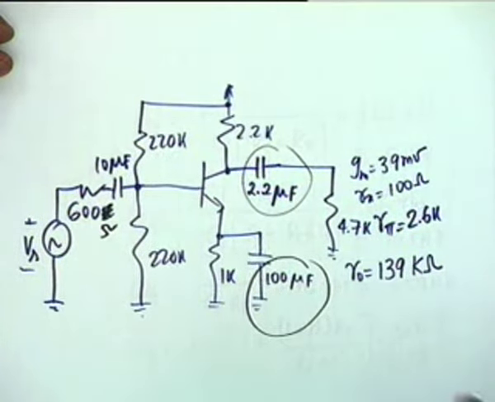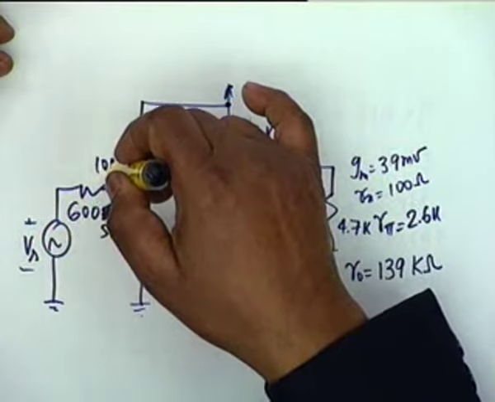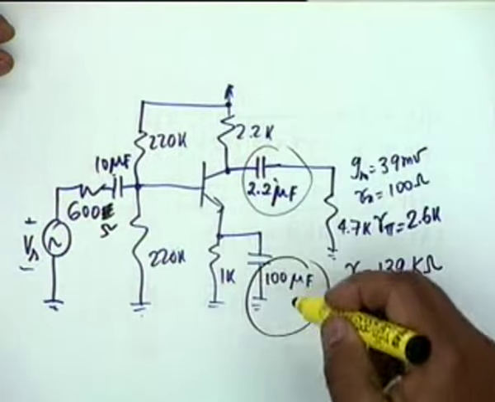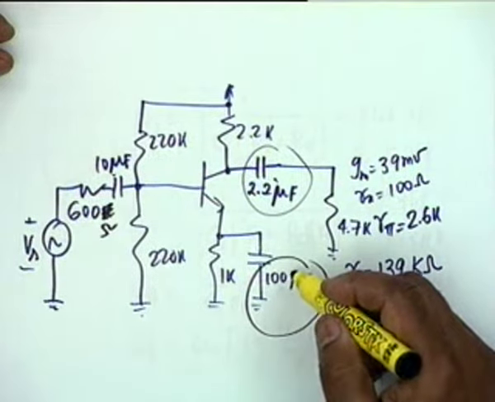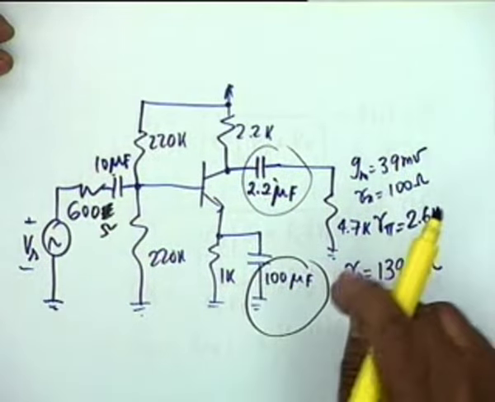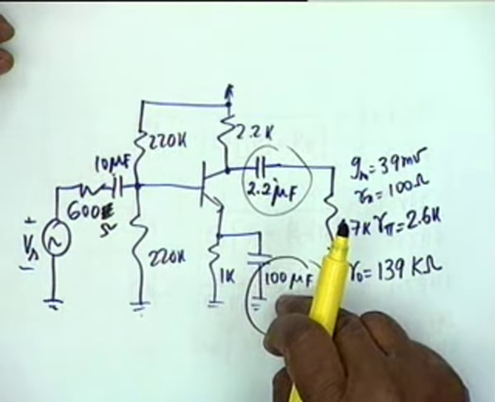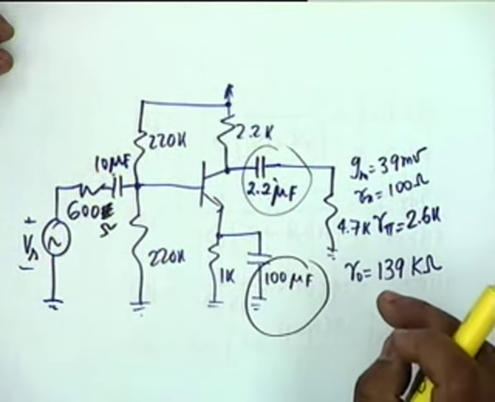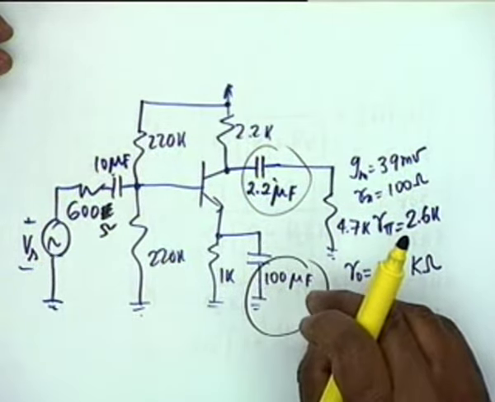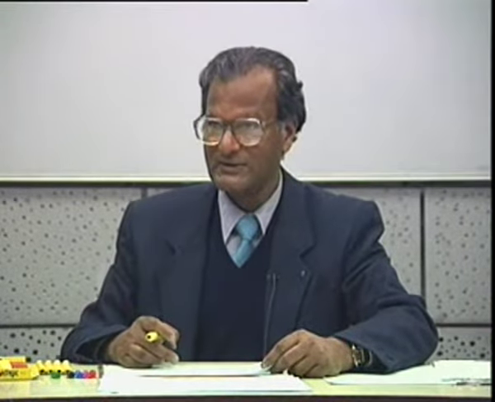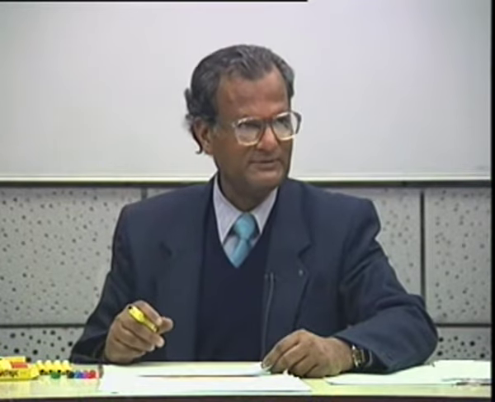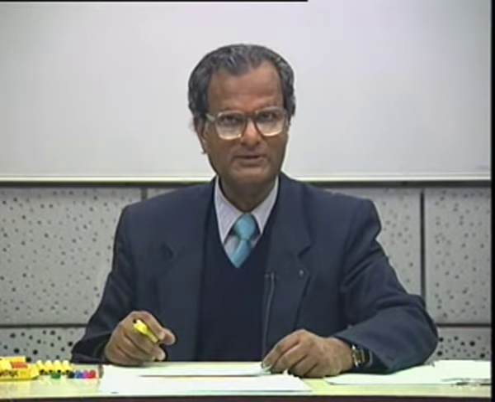Now this is usually the case that you can afford to use low valued capacitors here, but if you want RE to be bypassed, then this capacitor has to be substantially larger compared to C1 and C2. And 500 microfarad, fortunately electrolytic capacitors can be used because it's a bypass. 500 microfarad is a typical value that is used. We will continue this tomorrow.